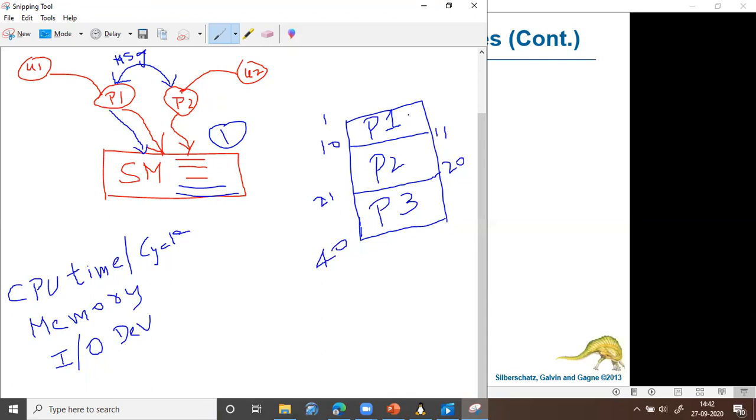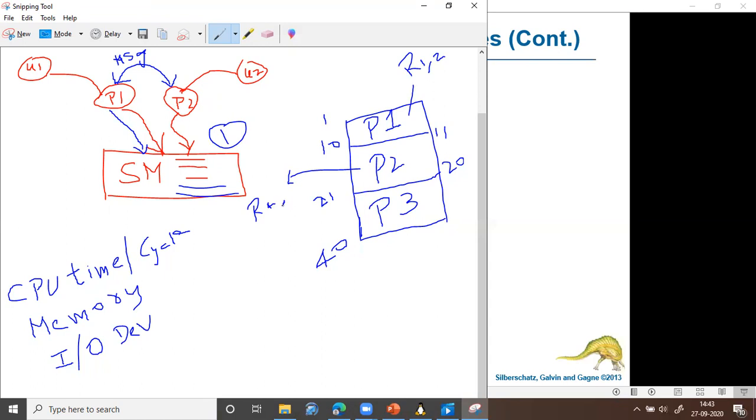This is applicable for resources also. Say process 1 is allocated resource 1 and resource 2. Then process 1 should be able to access only resources 1 and 2, not any other resource. Process 2 is allocated, say, resources 4 and 6. Then process 2 should be able to access only resources 4 and 6.